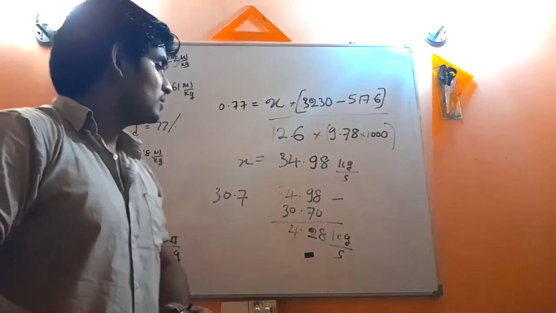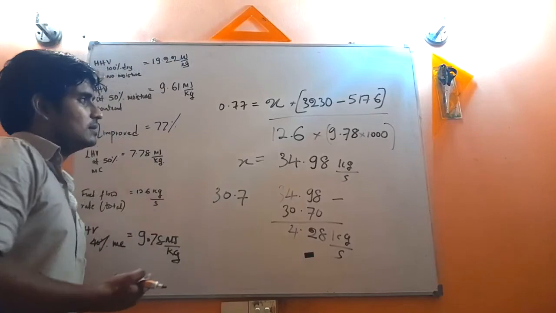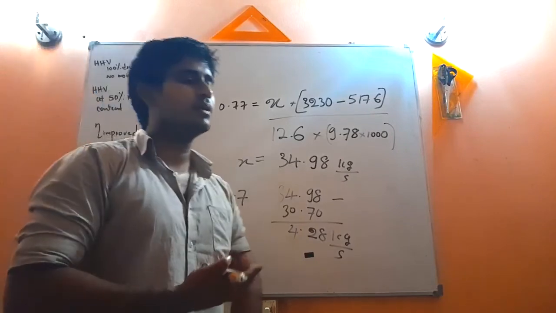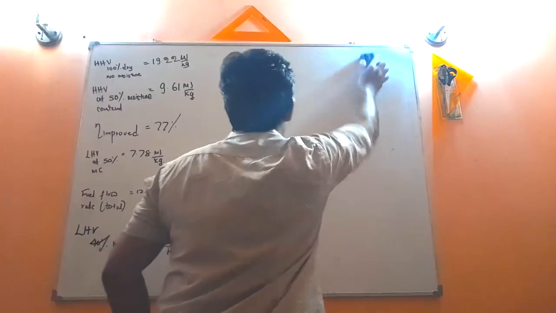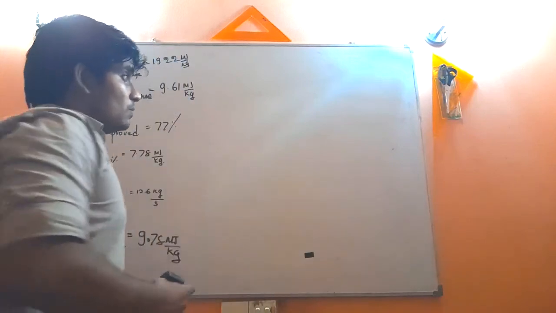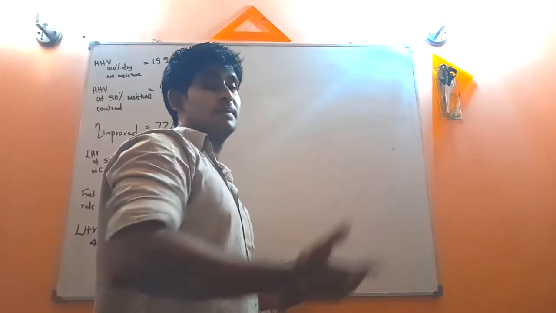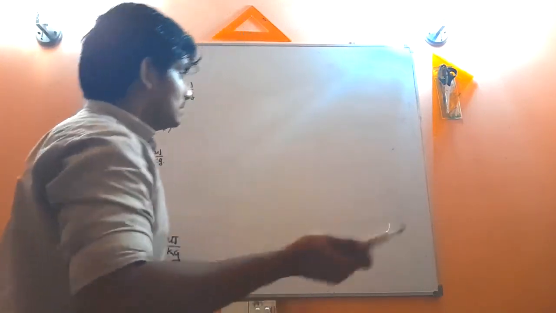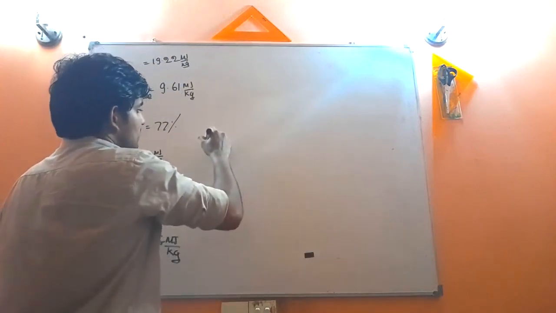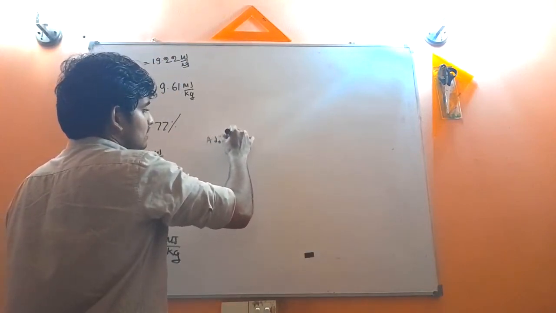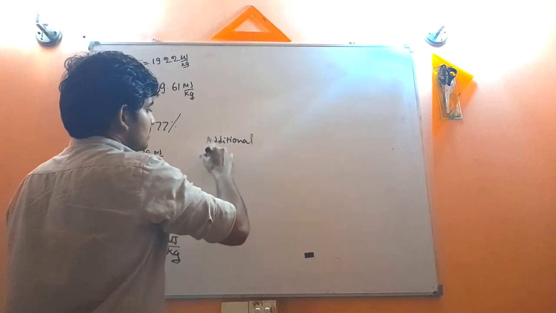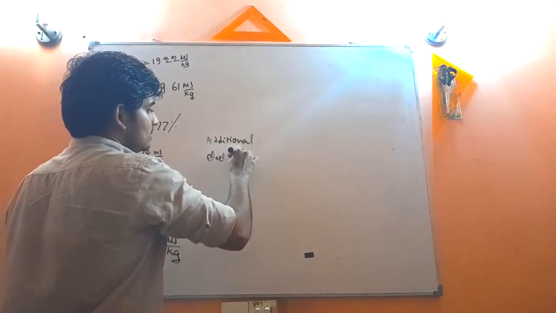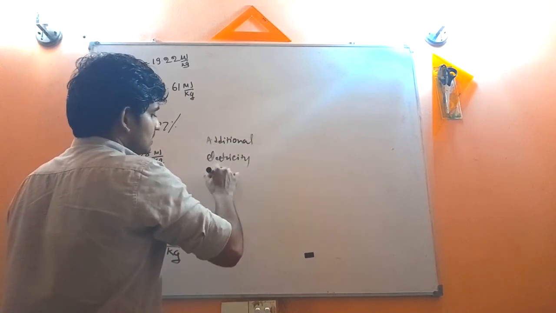So what is the extra or additional amount of electricity production because of the rise in the steam flow rate? Let's say additional electricity production